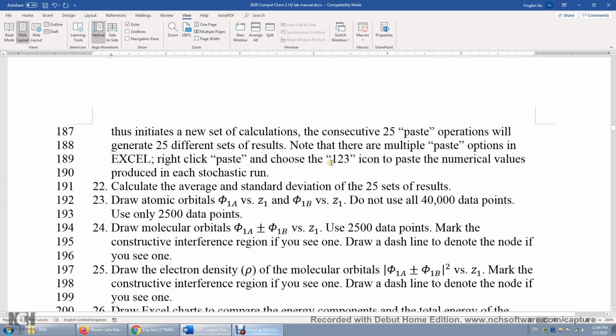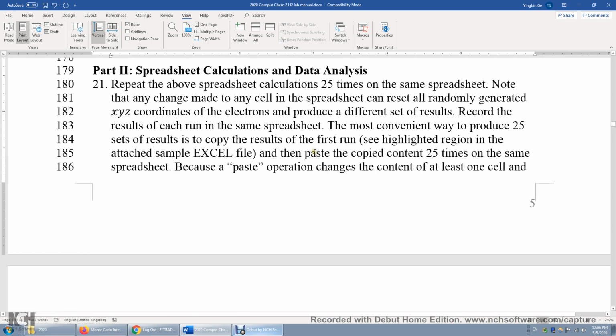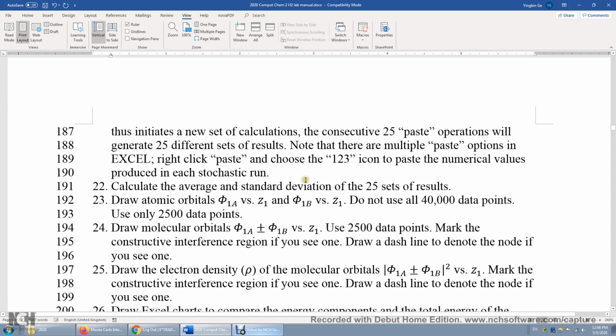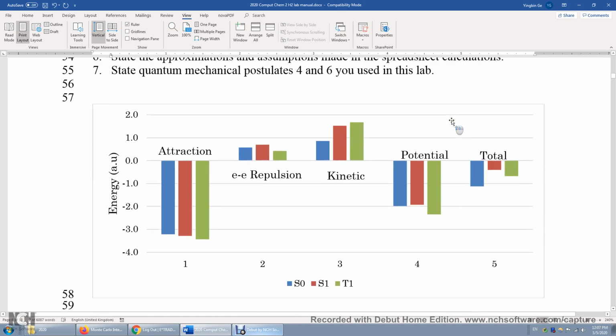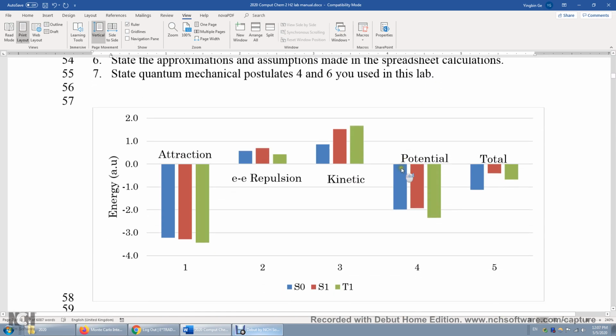All right, and then what you want to do is you want to write the lab report. I want you to compute the average and the standard deviation of 25 sets of results. I want you to plot the atomic orbitals, the molecular orbitals. There are two examples on the first few pages. I want to show you maybe the second page. Over here, that's just the